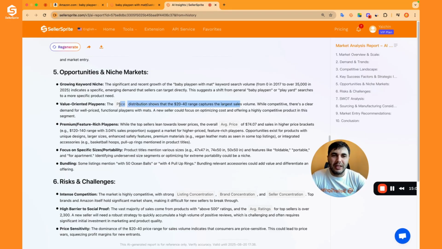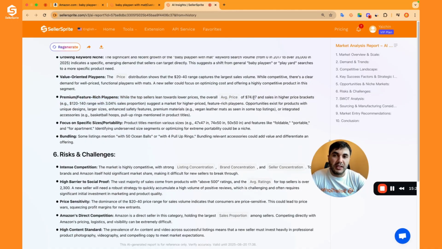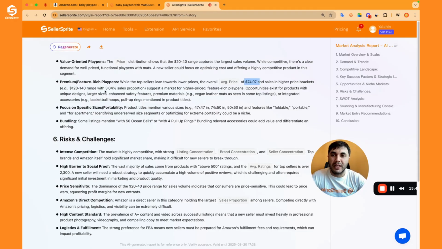They are maybe not only in the 20 to 40 price range. Maybe the price is 39.9, but the software understands it's between 20 to 40 and they got a big sales volume. Premium feature, okay, we understand there's a big amount of sales from here, especially for revenue. Their sales are not that big, but revenue is bigger. Why? Because their price is higher, like $74. You can understand from their